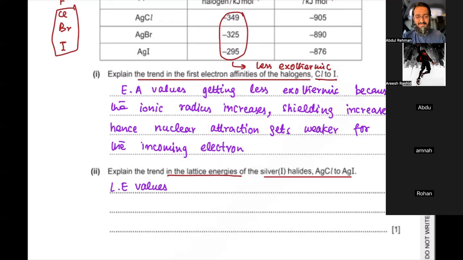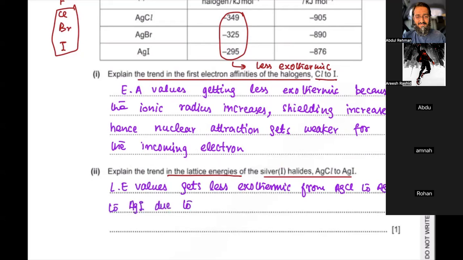So the charge density decreases and the attraction between the silver ion and the halide ion gets weaker. So it becomes less exothermic. So the lattice energy values get less exothermic from silver chloride to silver bromide to silver iodide